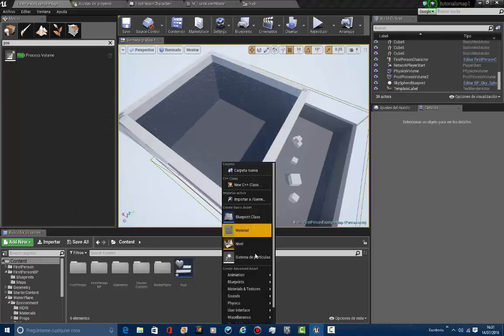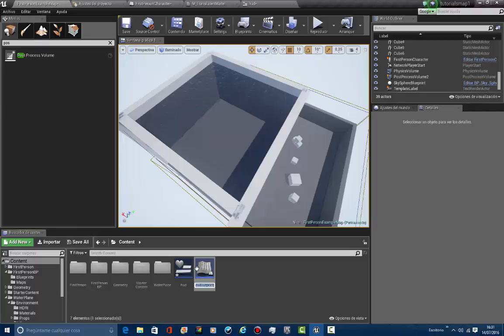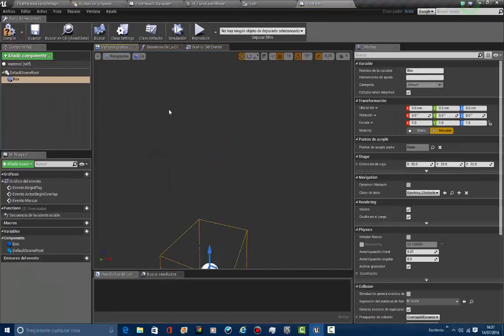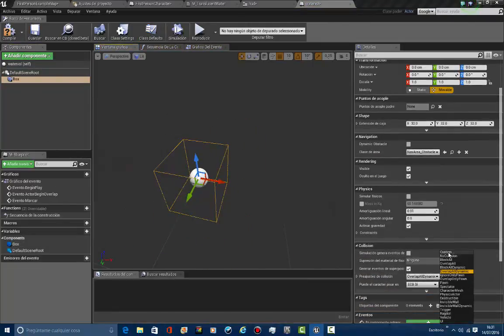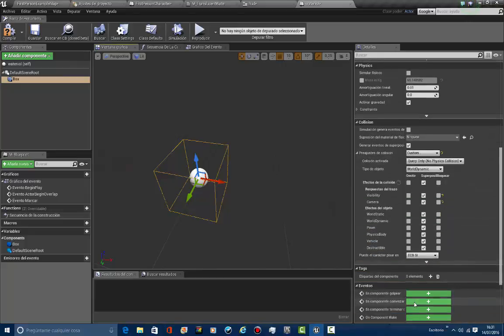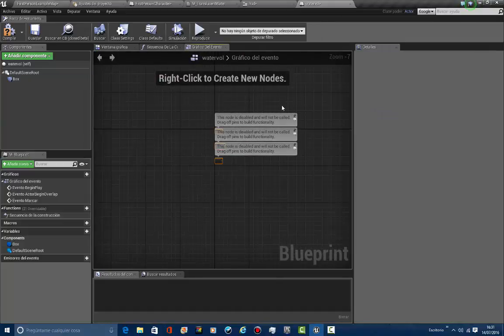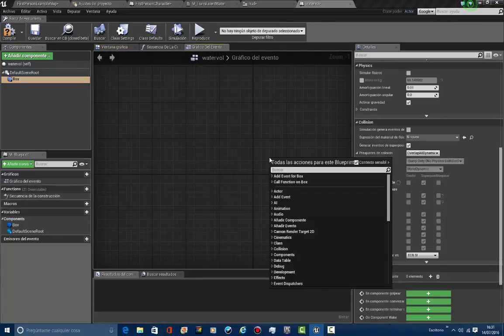Now we need a blueprint class actor, which is going to be water volume, water ball. We're going to make a box right here, and this box collision is going to be a custom collision. We're going like that. This is okay. This is it. We got it. So let's leave this as a default. So let's go right here. We take this box and begin